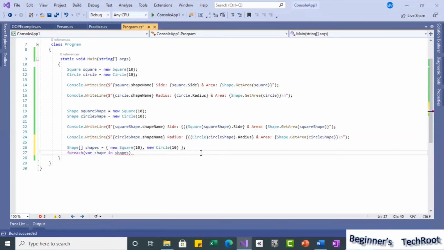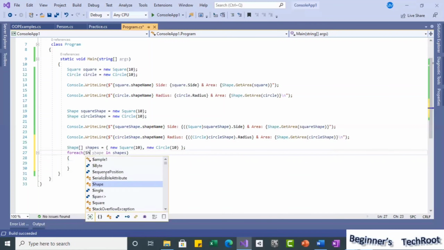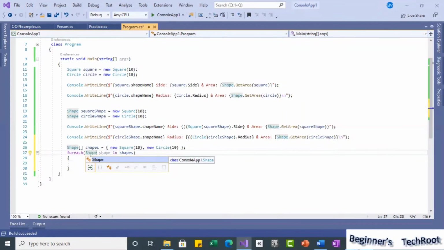This is the syntax we learned for a foreach loop. Inside, this is the shape, the type I used as var, or we can use shape. We know that it is a shape, so either shape or var will work.